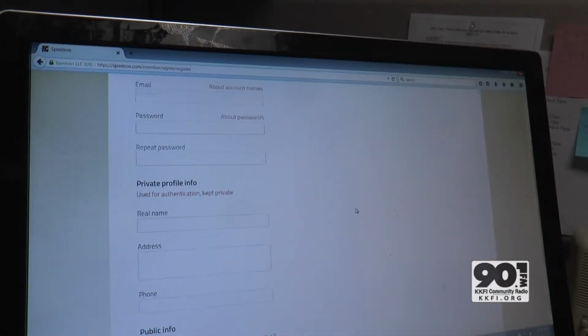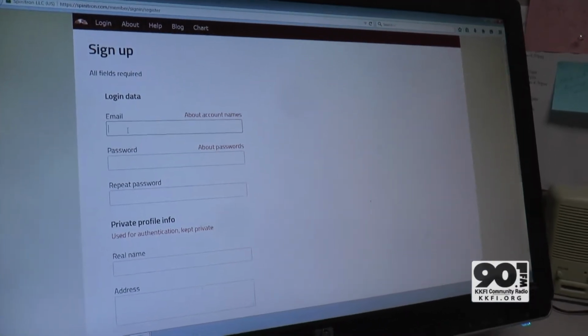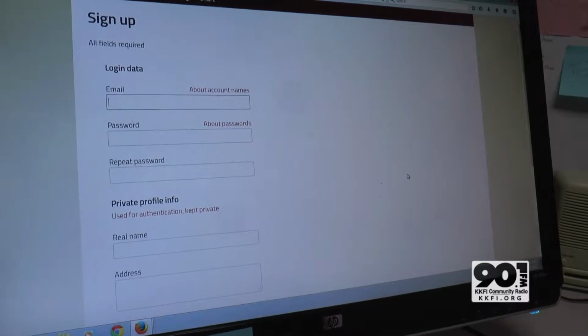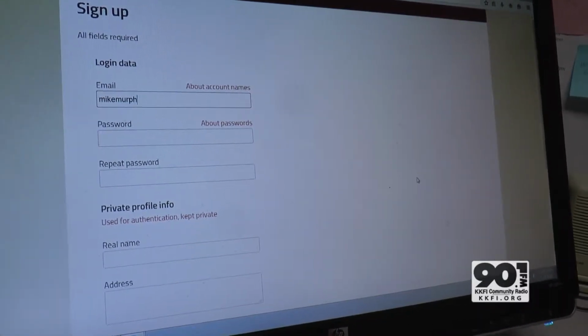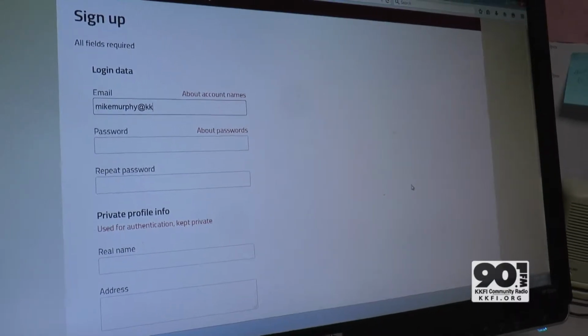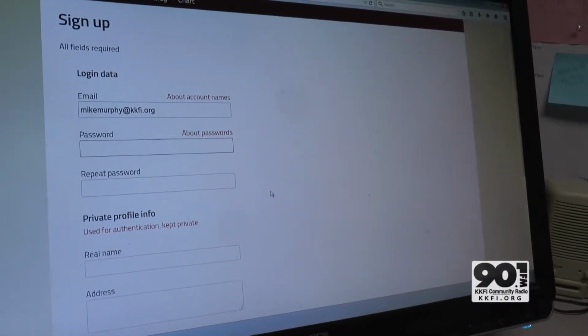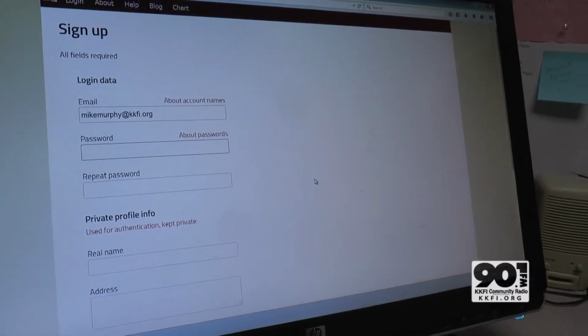You need to fill this out before you're able to log your shows. So let's do Mike Murphy, Mike Murphy at kkfi.org. And the generic password you guys should use to get in is